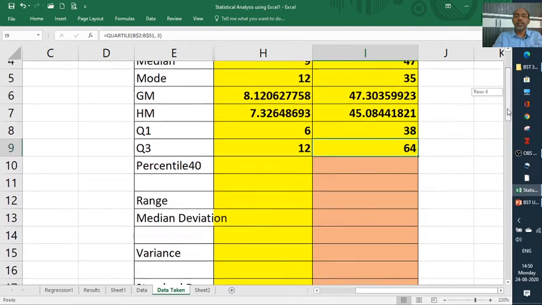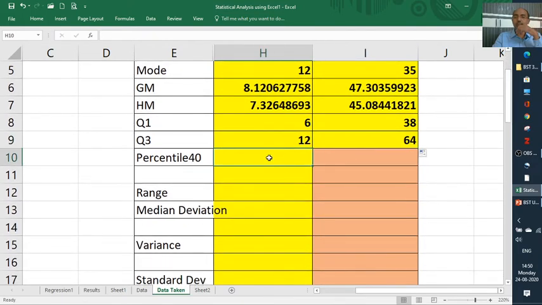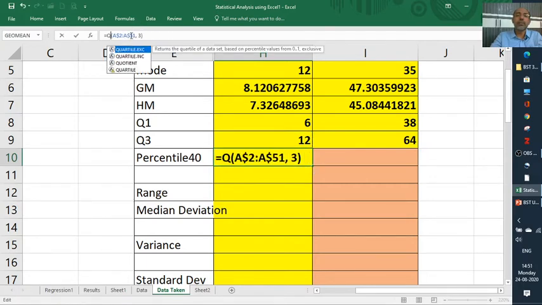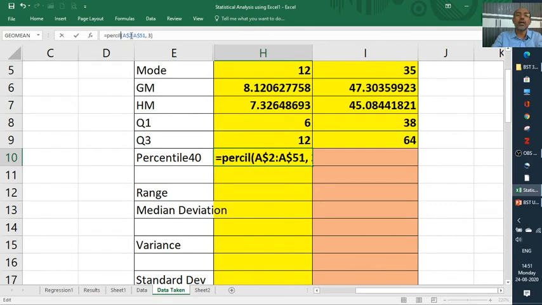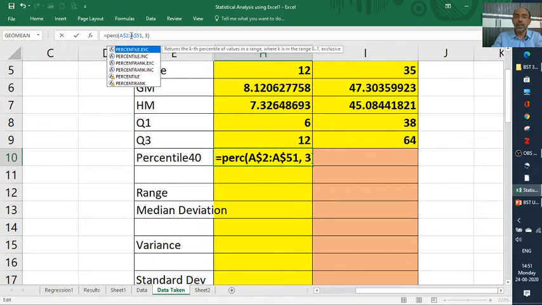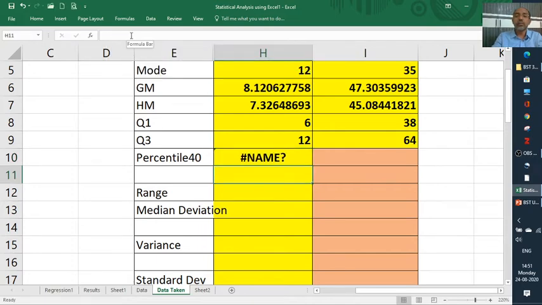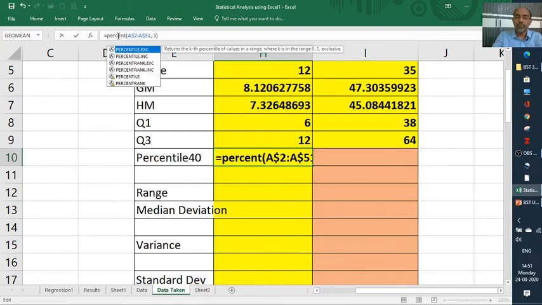Is it okay? Then we'll go to the percentiles. I am copying the formula and will just change the function itself, I don't want to change the data. Decile also does not have a formula.